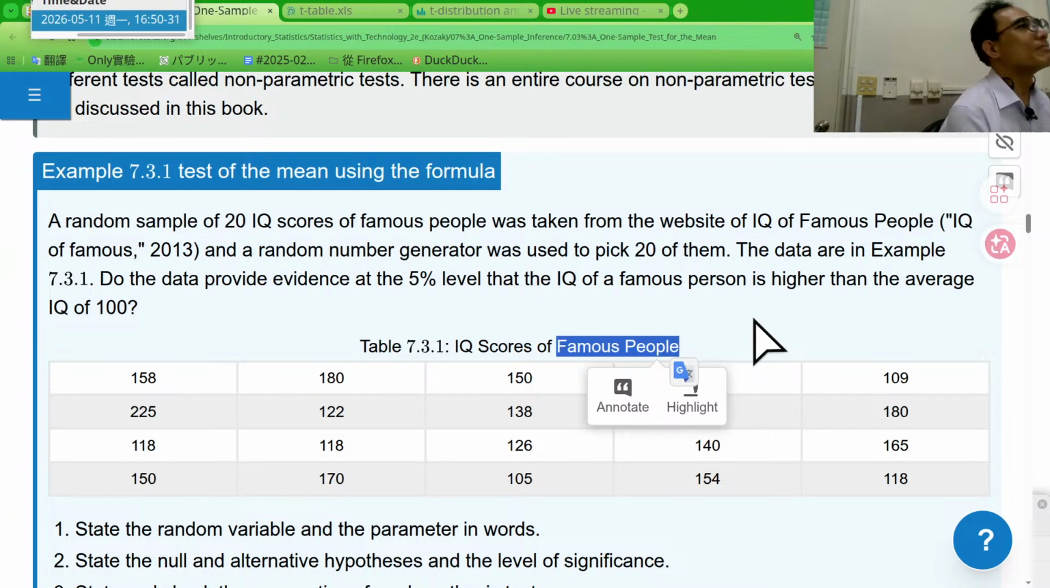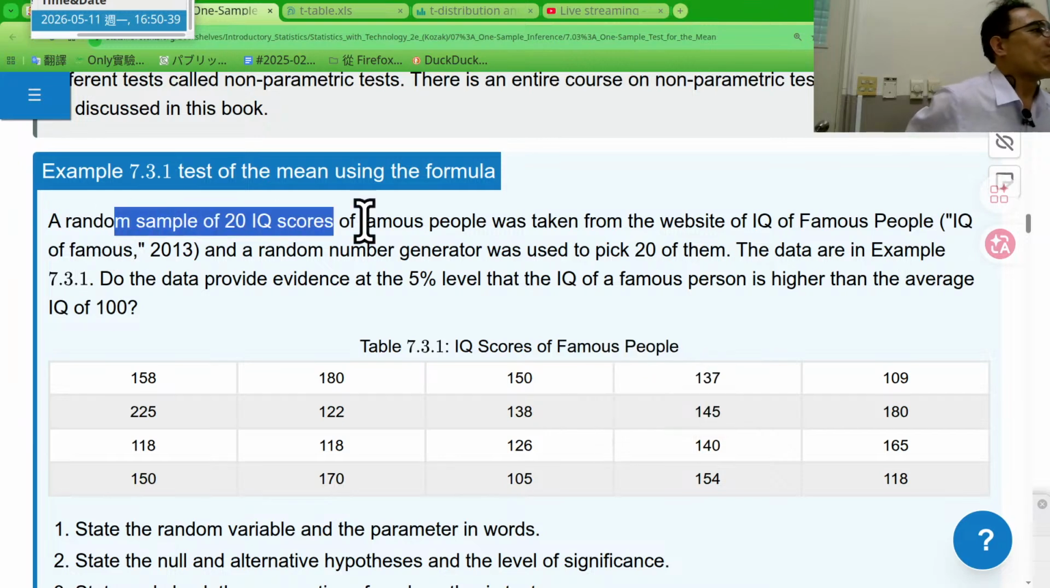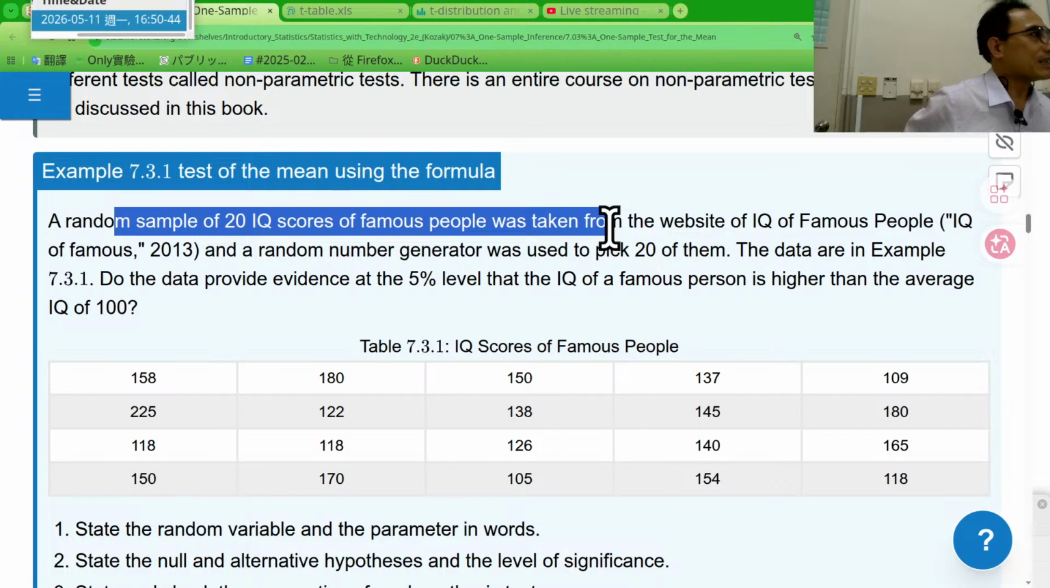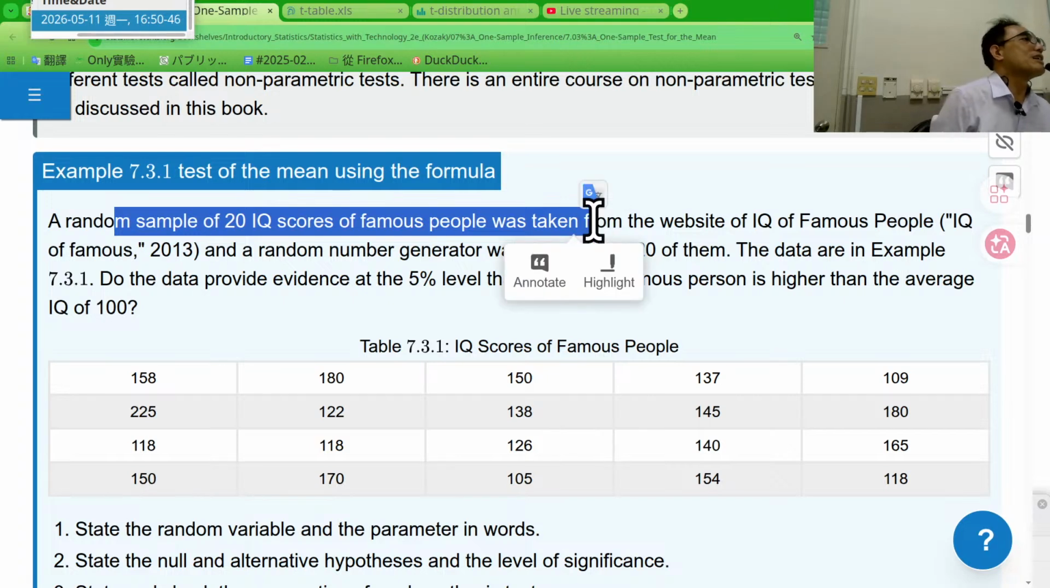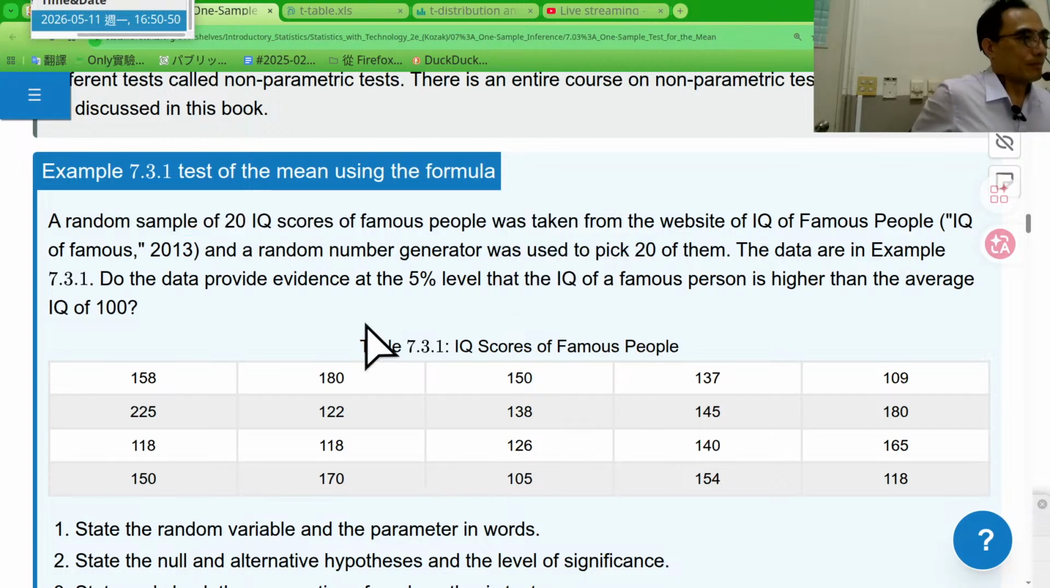Can you get it? Okay, let me do it again. A random sample like this one, 20 IQ scores of famous people were taken. Actually, only 20 were selected from this test, but they want to know